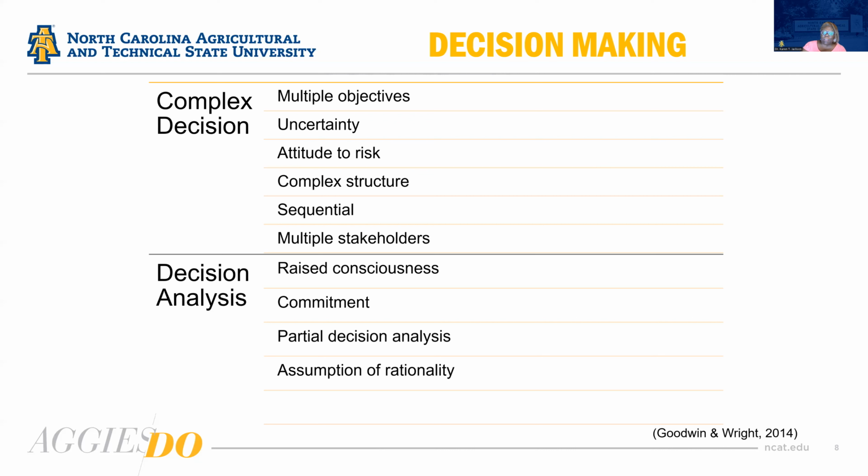Committing to a decision. So sometimes in organizations we wonder, well, why isn't something happening? There could be something going on with respect to committing to making a decision. And sometimes that paralysis comes because there are so many partial decisions that have to take place to get to the final decision. And if there's no accountability, then the decision might never get made. And of course, we want to assume that people are making rational decisions. And we have to ask ourselves, is that assumption rational?